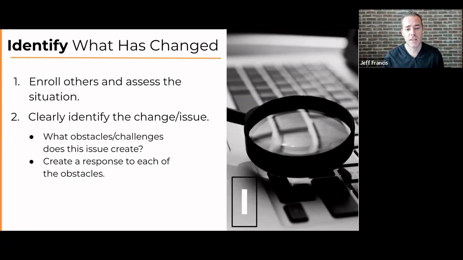And so I think that if you follow that little method for breaking down the change or the issue, then it gives you a lot of clarity on what you can do about it. And it also enables you to better communicate to everybody around you, right? And so if we think about breaking that down, one example would be